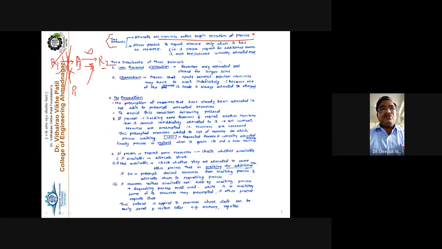So if you follow the first case, you allocate all the resources before starting the execution of the process P1. If it requires R1, say R2, say R3, you are allocating all these resources before starting its execution. So at the time of execution, P1 executes smoothly.